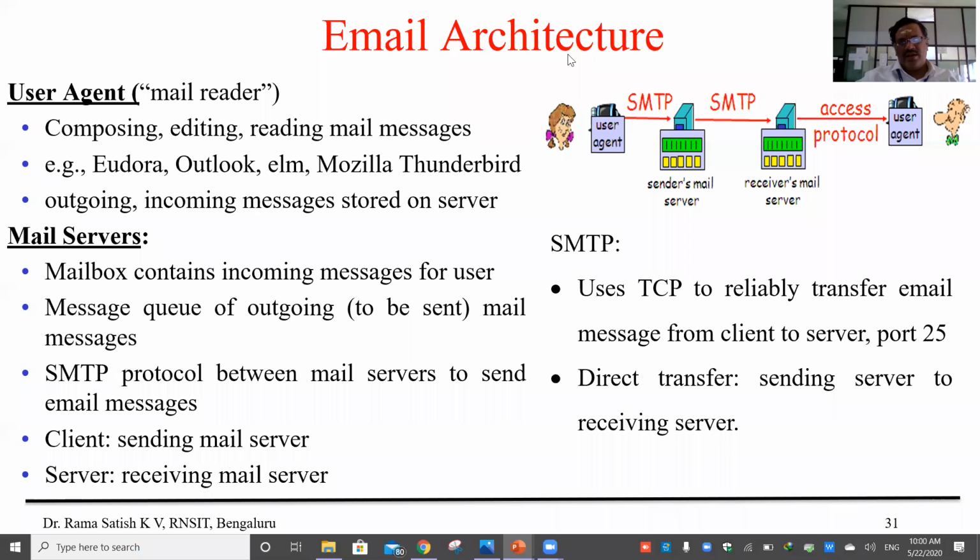And from the sender's mailbox, the sender's mail server to the receiver's mail server, sending messages from here to here is done by your SMTP. So SMTP will send the mails from the user to the sender's mail server, and along with that, it will send mails from the mail server to the receiver's mail server.